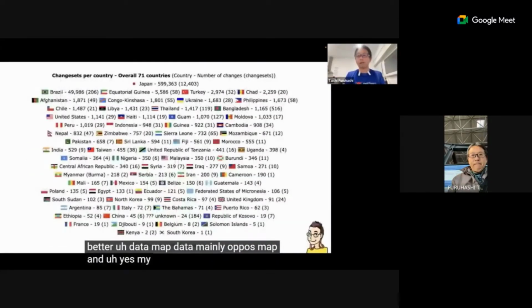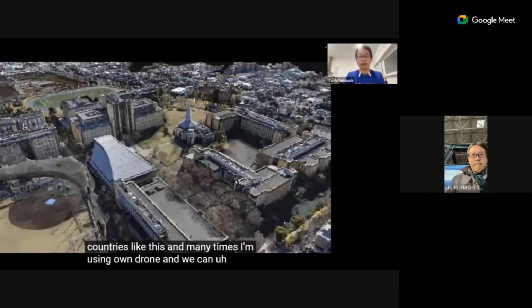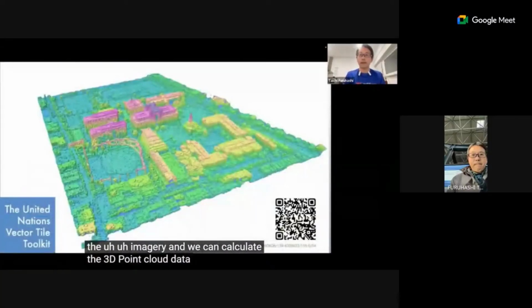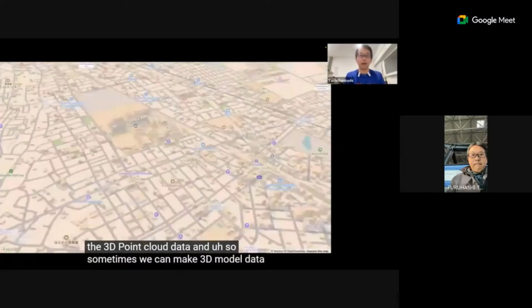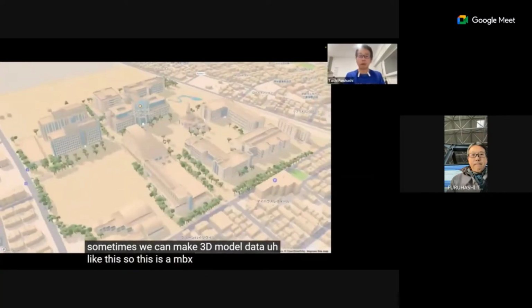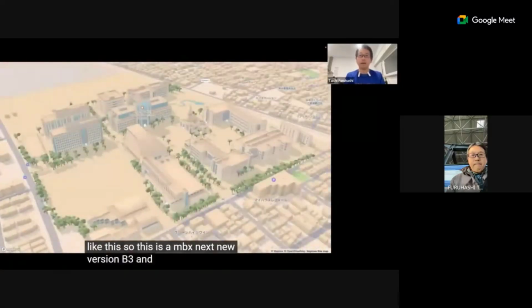My experience is that I've been a mapper since 2008, and I have already mapped over 70 countries. Many times I use our own drone to get imagery, and we can calculate 3D point cloud data. Sometimes we can make 3D model data like this. This is the next new version of Mapbox, V3.